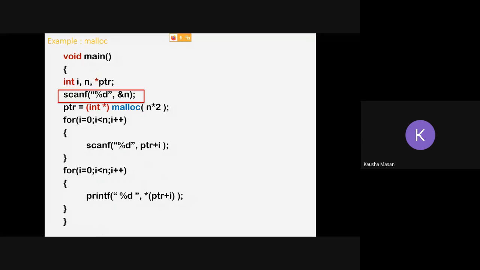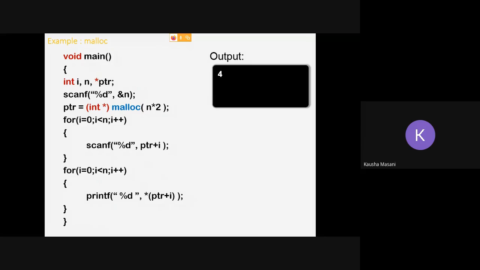So see, I'm taking the size from the user and I'm passing that size. So n star 2. 2 is the size of your data type, that is integer here. Alright. So when I run the program and I give size as 4, okay, 4 2s are 8. Right. So 4 times the loop is going to run, reserving a total of 8 bytes of memory. Okay, one memory block of 2 bytes and 4 memory blocks, so 4 2s are 8, and the pointer pointing at 210, that is the memory address of your malloc.